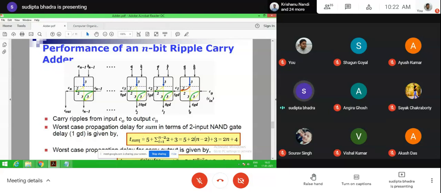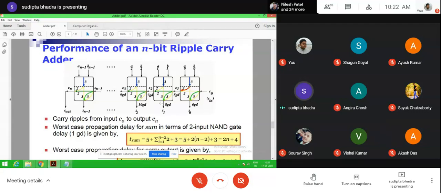So here the propagation delay means the propagation of C0, then C1. The propagation delay affects the calculation of the sum value.